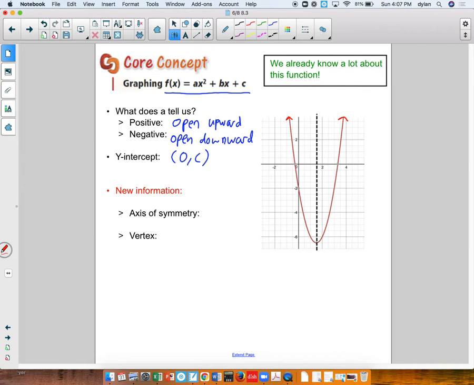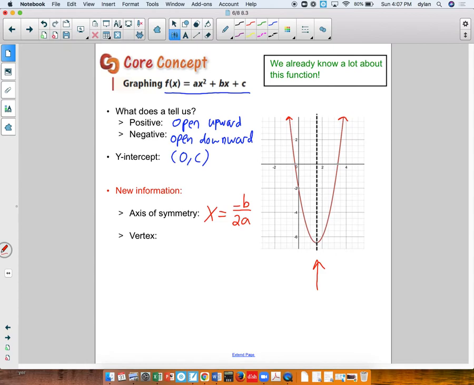So the axis of symmetry, which is this dashed line that goes through the vertex and represents the symmetry point of the parabola, there's an equation that we can use to find the axis of symmetry. And this equation is one that, for now, I'm just going to give you. Later on this year, when we learn a little bit more about the algebra for quadratic functions, you're going to see exactly where this equation comes from. So the equation for the axis of symmetry, if you notice, it's a vertical line, so it's going to be x equals, and the equation is x equals negative b over 2a,